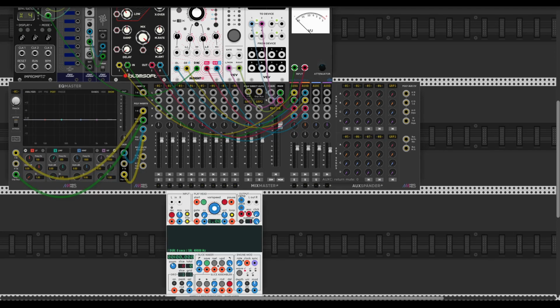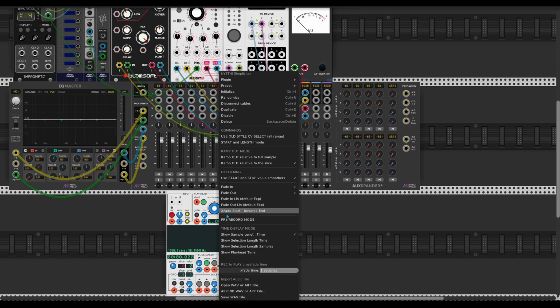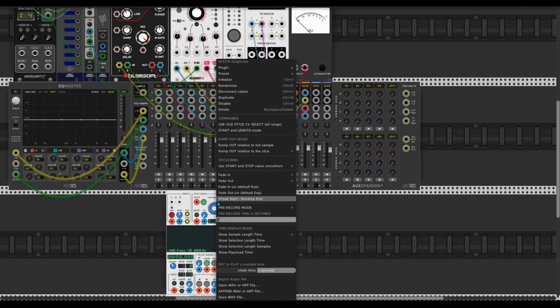Hey guys, and today I'm gonna be talking about advanced techniques with the sampler in VCV Rack. So let's get to the first one, and this is a resampling technique. In Nysthi Simpliciter, you can choose pre-record mode in the right-click menu, and then tap